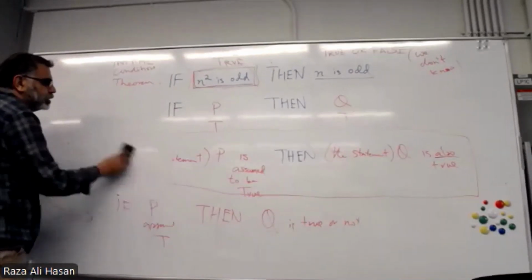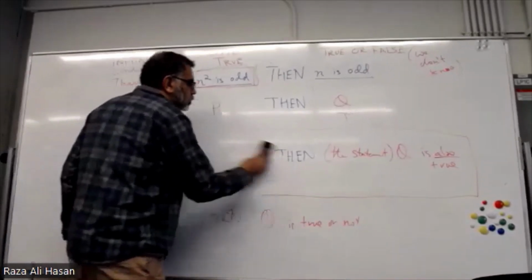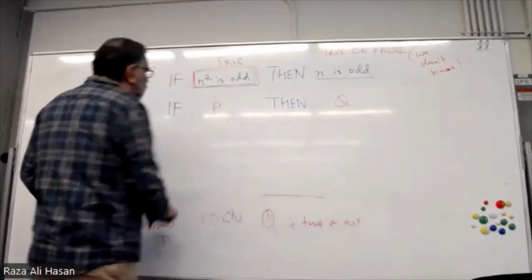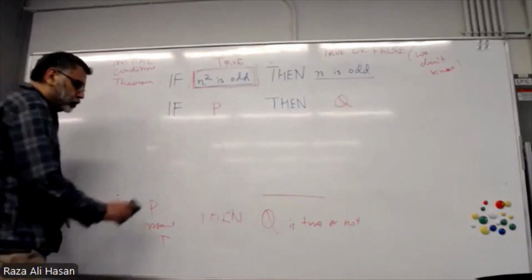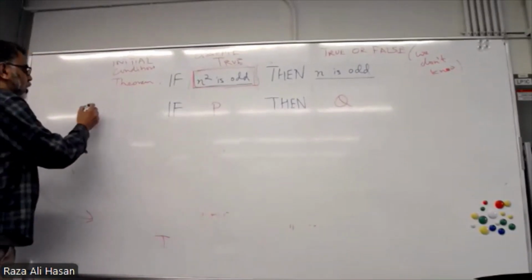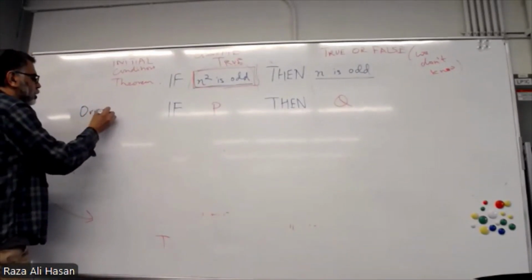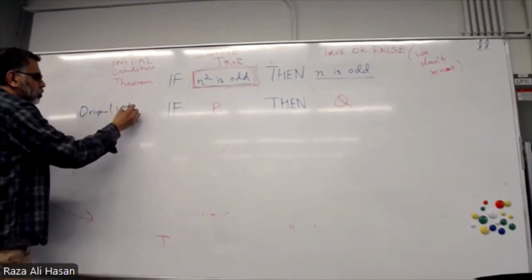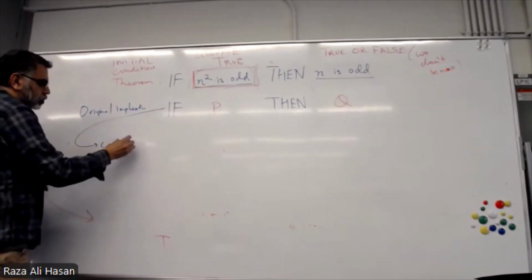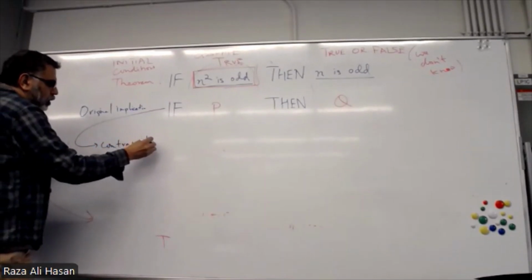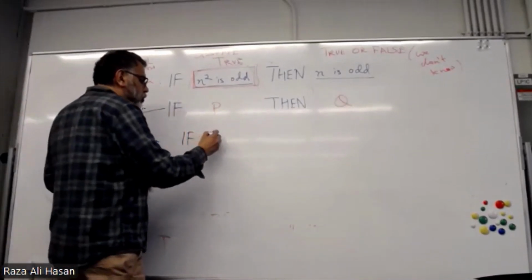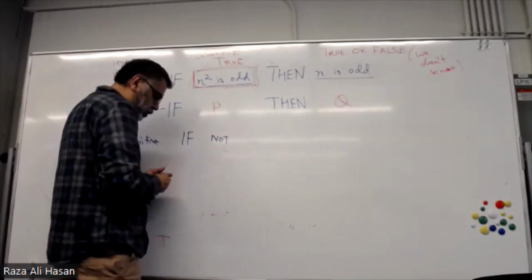Okay? All right. So another way to deal with this is, sometimes it's actually easier to prove the contrapositive of this thing. So this is our original implication. And the contrapositive of this thing is: if not Q